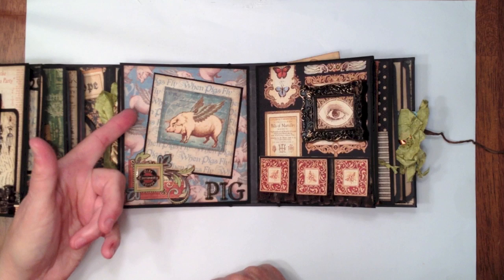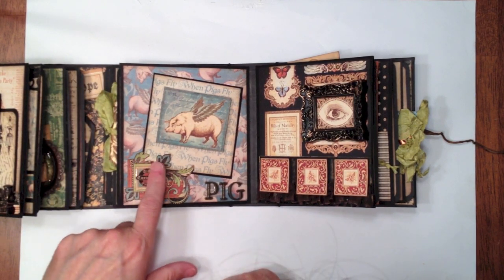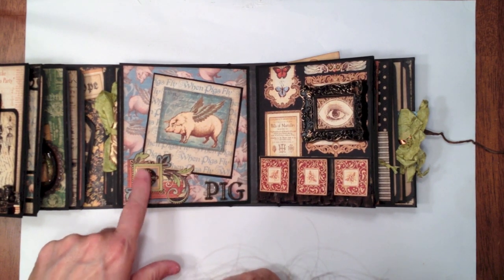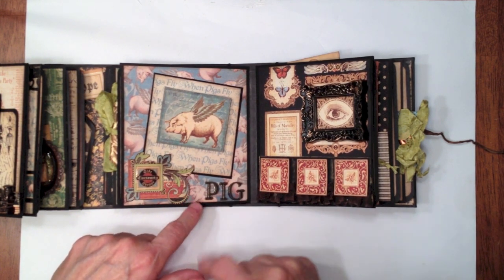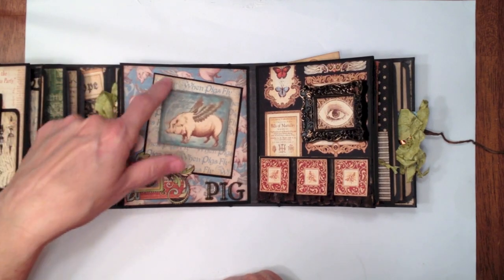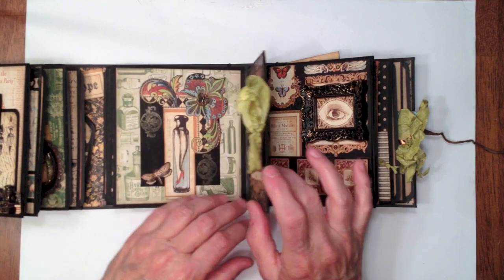And then over here, I love the pig paper. It's darling. I fussy cut this little corner section out and put some glossy accents on the Old Curiosity Shoppe portion in the center. Had some metal letters in my stash that I was able to spell out the word pig, just in case anyone did not know this was a pig. And I put the pig up on an action wobble, so I thought that was kind of cute. So then it flips over,